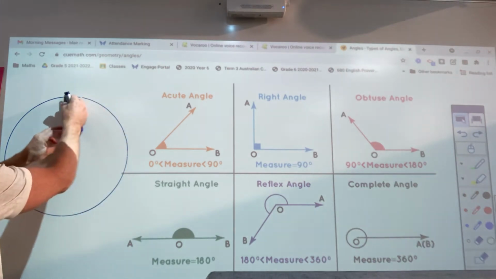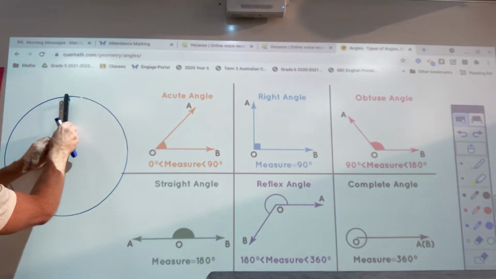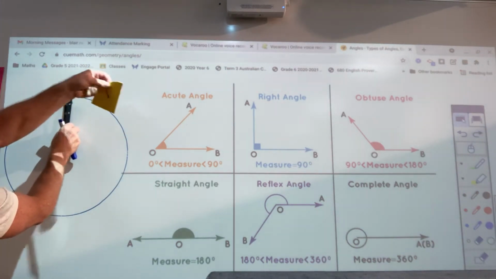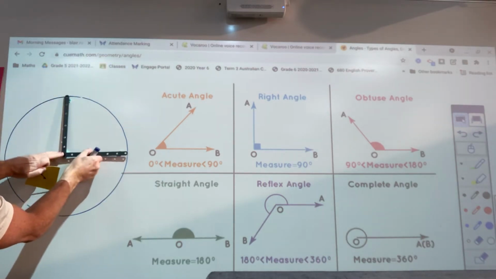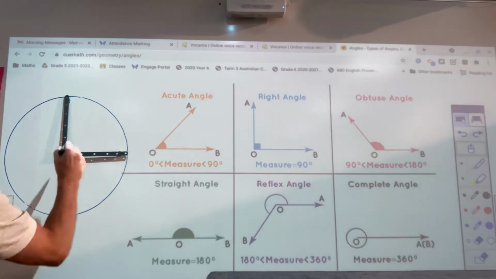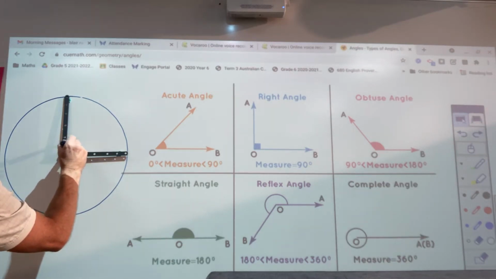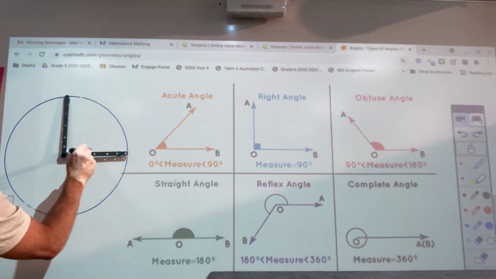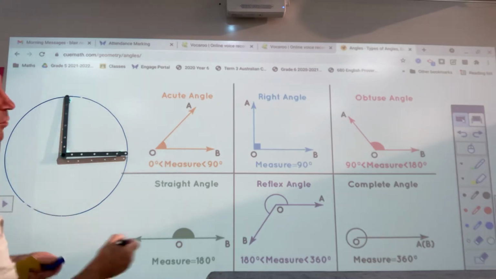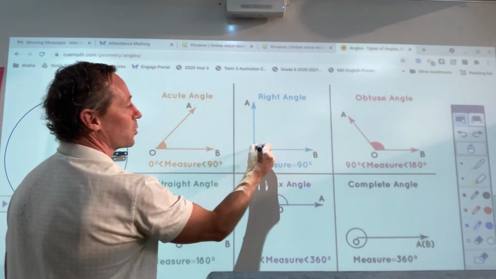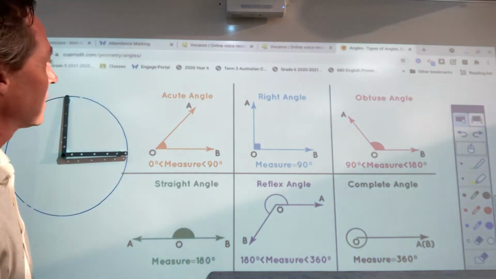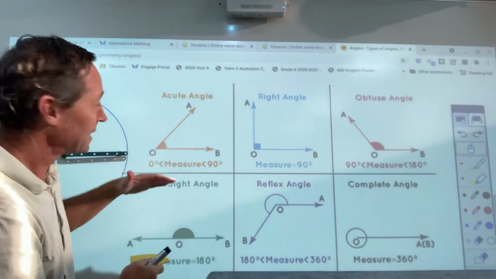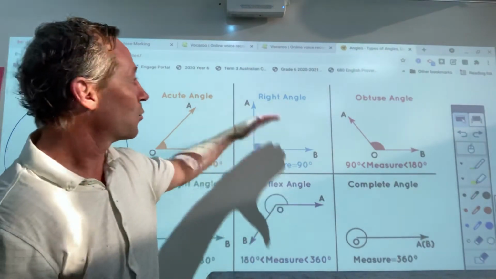If I move it from the top, and if I move it a quarter way round, which is like a quarter here, that then becomes a right angle. So it's this area here is the angle we're measuring. And when you see a right angle, you've got a little square down there to let you know that's 90 degrees. So acute angle, less than 90. Right angle